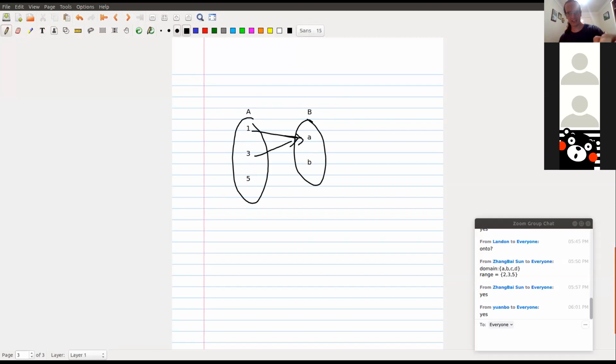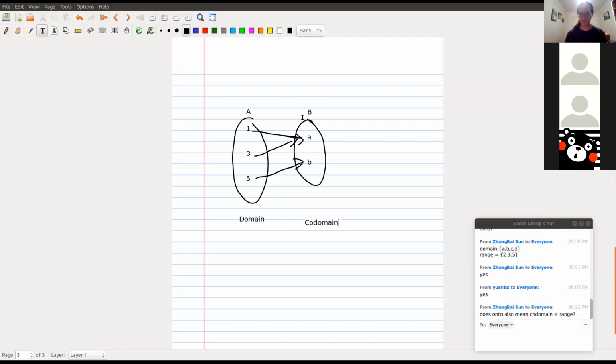So what this is saying about onto is everything in B, you can always find an x for everything in B. Which is what I was saying before about, if you want to find the inverse relation, domain, I'm going to say it again so you remember it. Codomain. We're going to flip these arrow directions. It's only going to be a function if everything in B when you flip it around